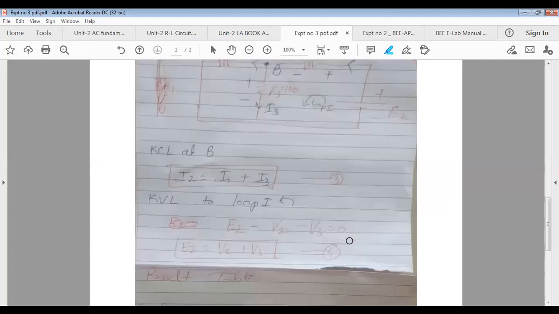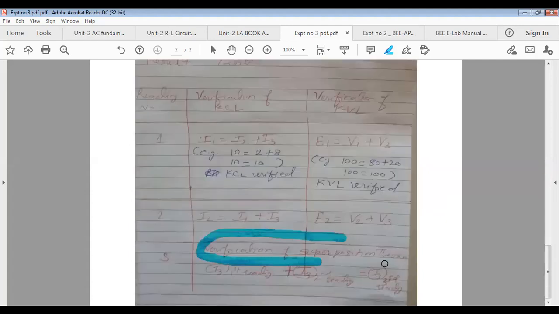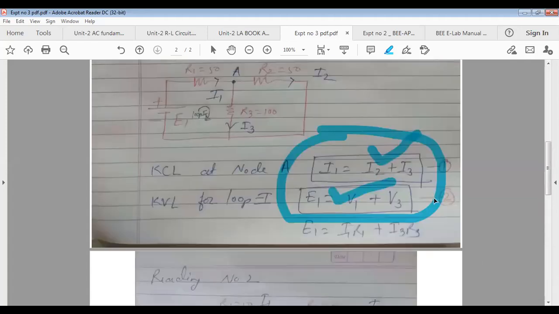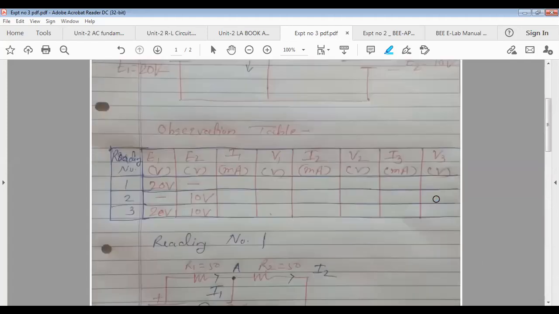Now the last one is verification of superposition theorem. Now superposition theorem we have finished it during the lectures. See here. These are the three values of I3 we got. The first one value of I3 is only with which source? Whatever I have ticked on the screen.